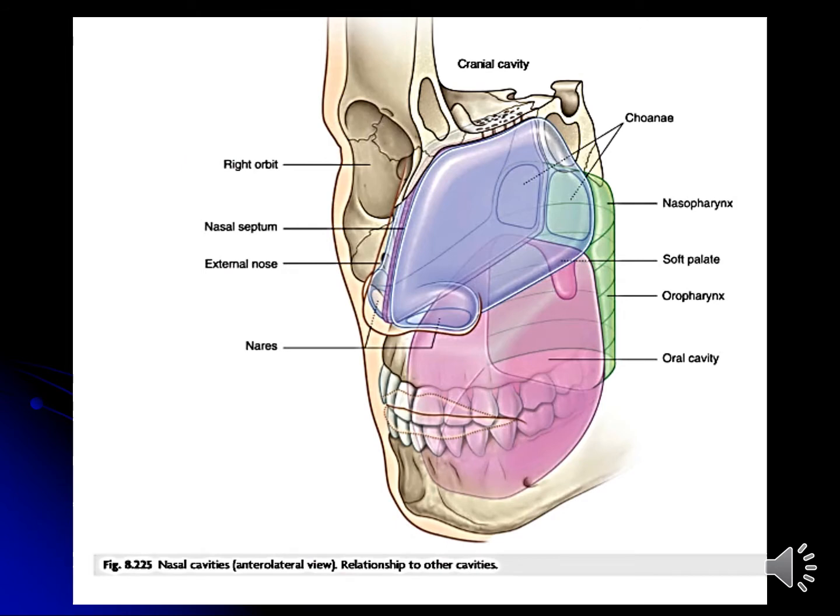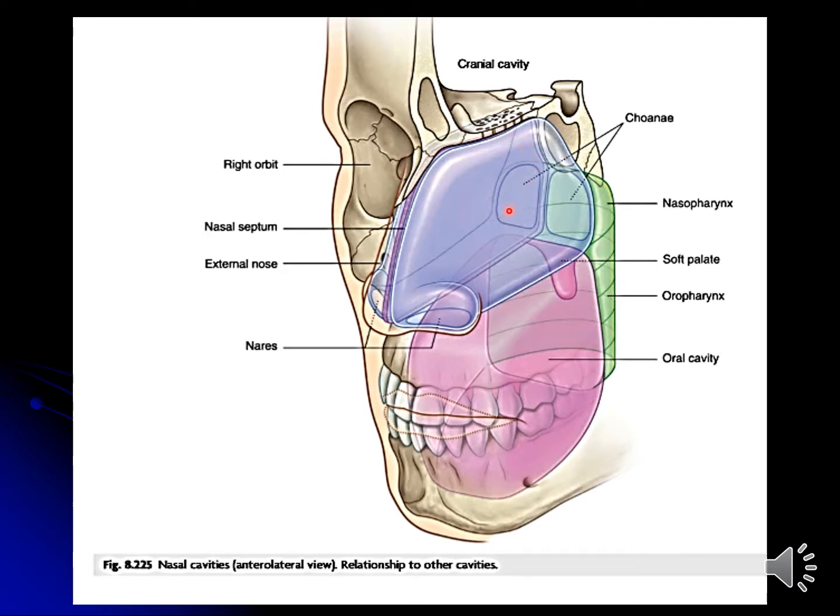Now we start with the nose. Already you have taken the lecture of the nose. In nose we have openings, the anterior nares, which are opening into the exterior, and posterior nares or posterior openings. And if we see the nose, in the center of the nose, this is known as nasal septum. So the central partition of the nose, which is separating right side from the left side, is nasal septum, which is forming the medial wall of the nose.